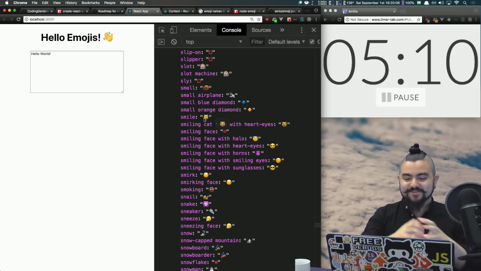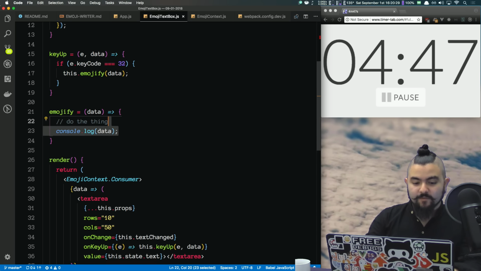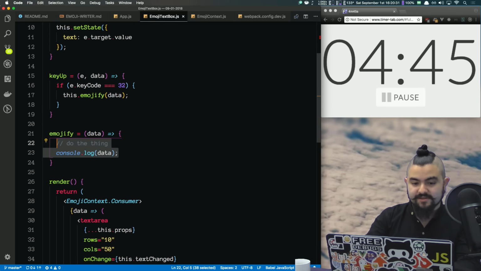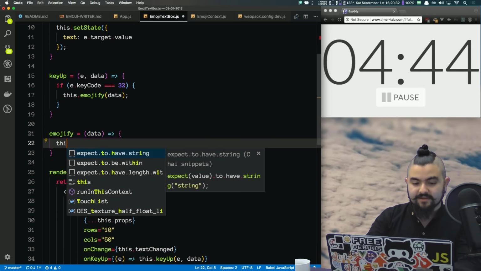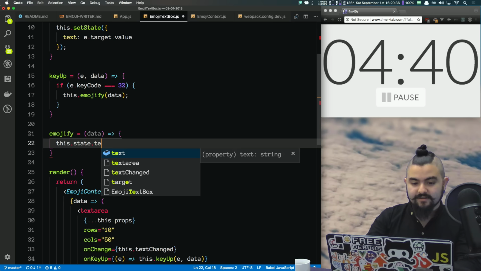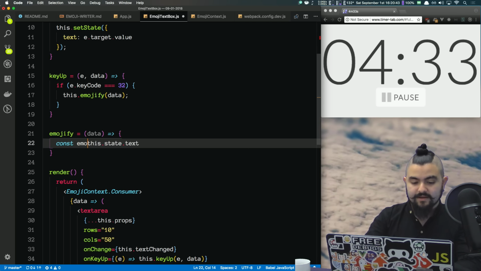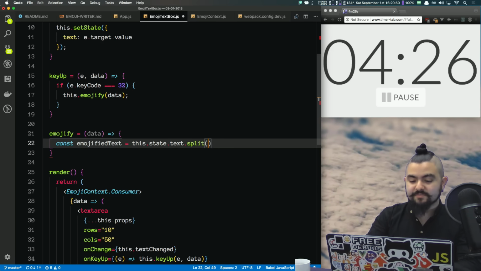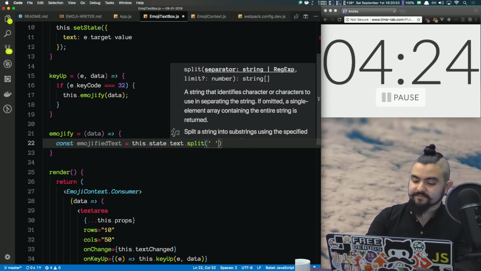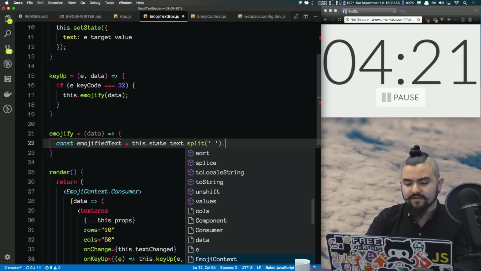So now in our emojify, we have access to this object. So we need to create some new text. So we'll say something like this.state.text, and we need to, so emojified text is going to be that, and then we split it on spaces, basically what we did before, and then